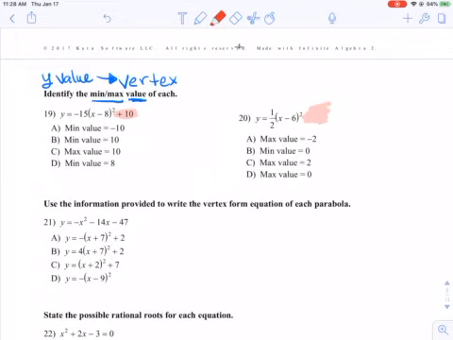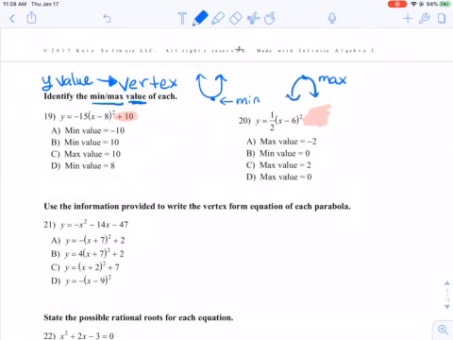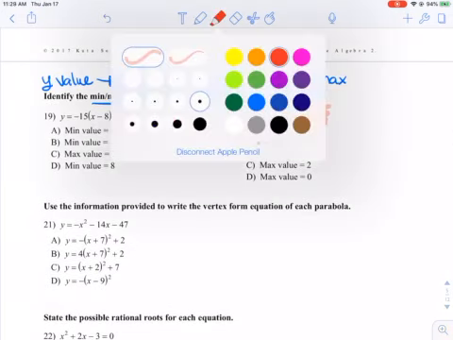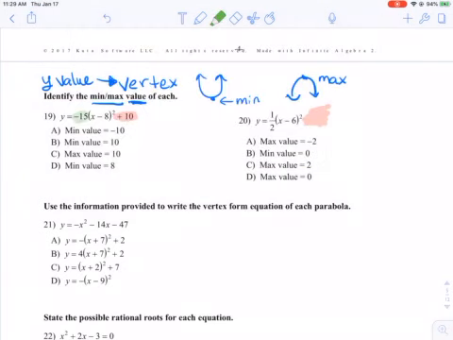So obviously if it goes up, you're going to have a minimum value. And if it goes down, you're going to have a maximum because it's the highest point. So in this case, you're looking at this and you're like, okay, well, this guy is negative. So since it's negative, negative A means that it's going to go down. So if it's going down, it has a maximum value of 10,